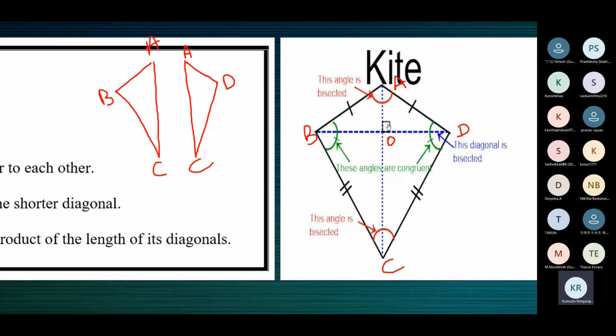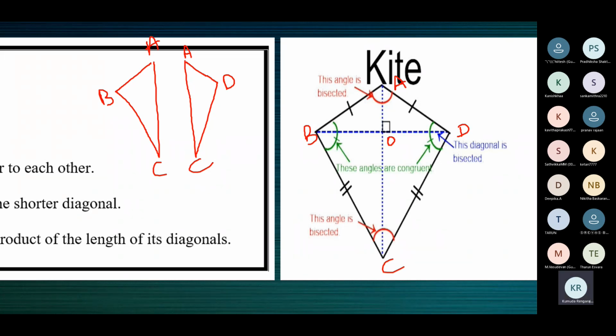Diagonals bisect each other, also we have proved. Then we proved that these two triangles are congruent. Please recall that proof from congruent triangles. We proved that these two triangles are congruent, so this angle is equal to this angle by CPCTC. But their sum is 180, so this is 90. So the diagonals are perpendicular to each other. They don't bisect, but they are perpendicular to each other. There are two different things.